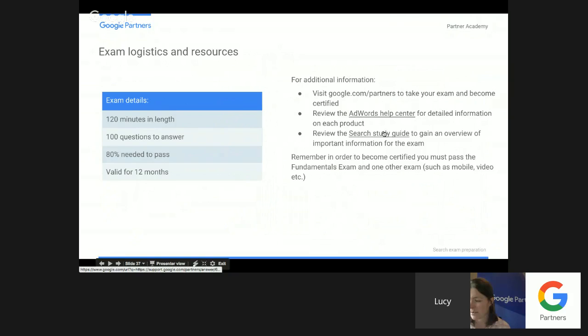The Search Study Guide, I would really recommend it. It breaks down all this information into modules and allows you to go through and digest it. Remember, in order to become certified, you must pass the fundamentals exam and